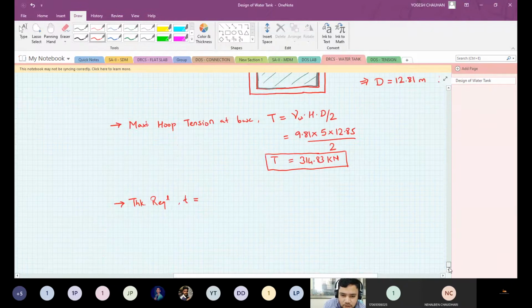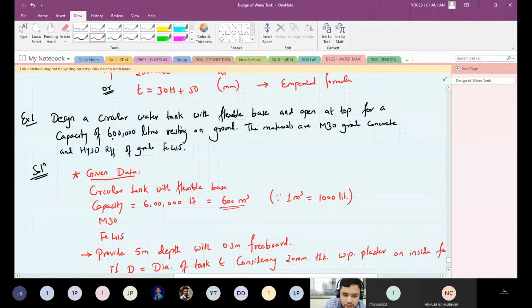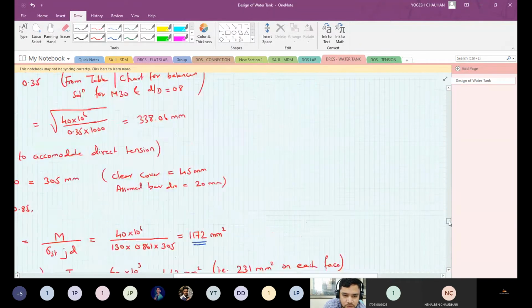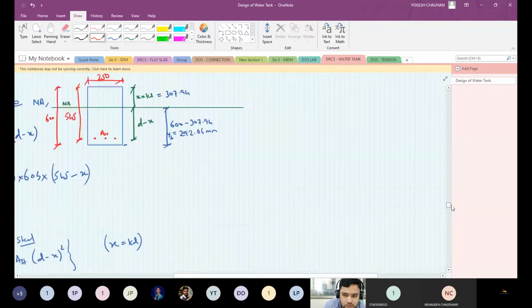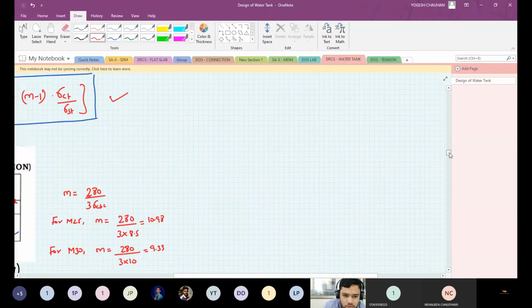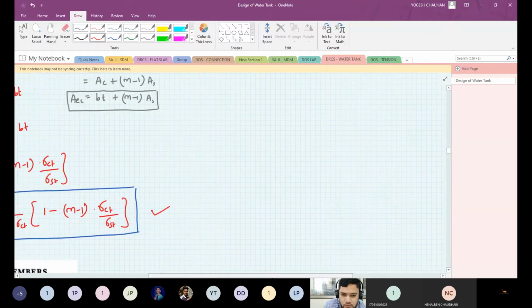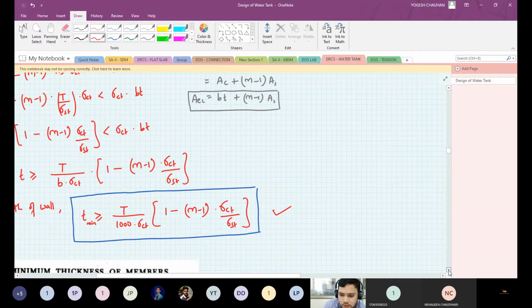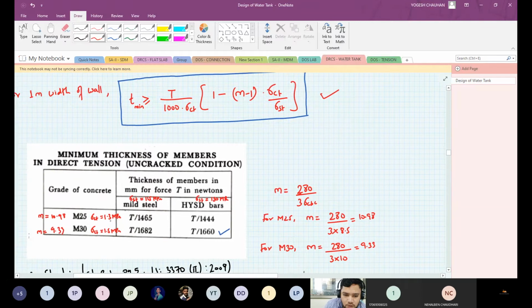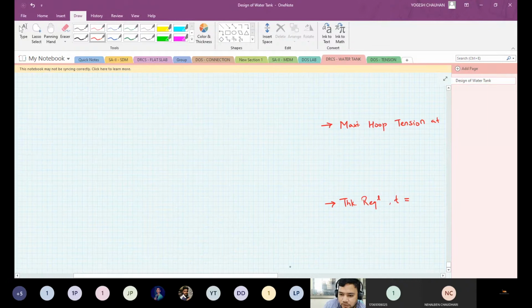See, for grade of M30 and Fe415, the thickness is given by T by 1660. So either you can use this,